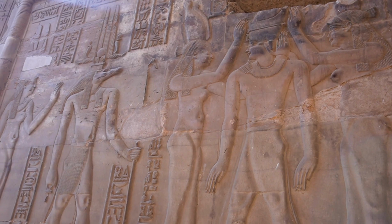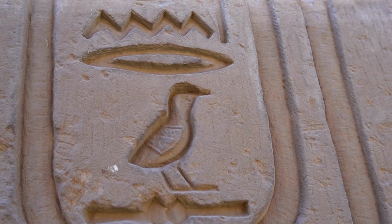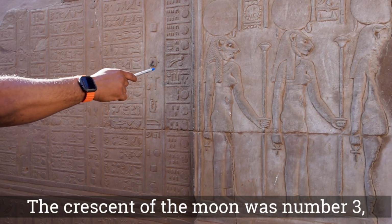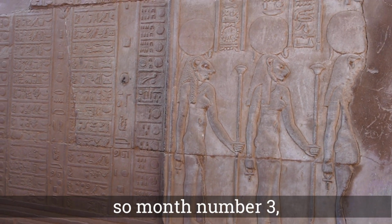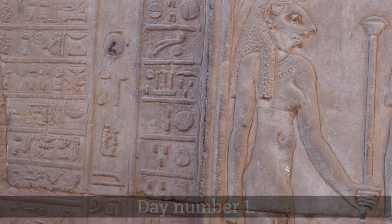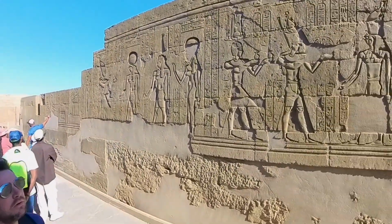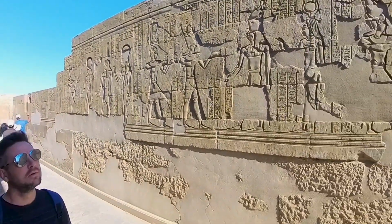The Egyptians had 3 seasons: harvest, flood, and planting, and kept meticulous record of dates. The crescent of the moon was number 3, so month number 3. The columns are open, so that's a harvest. Day number 1. What was really unique and interesting about Kom Ombo Temple were the hieroglyphics depicting ancient Egyptian medical